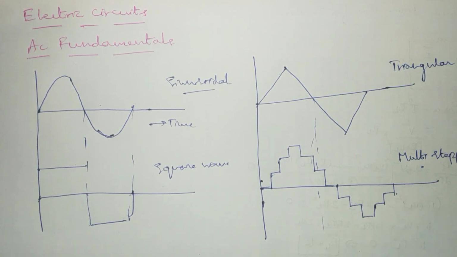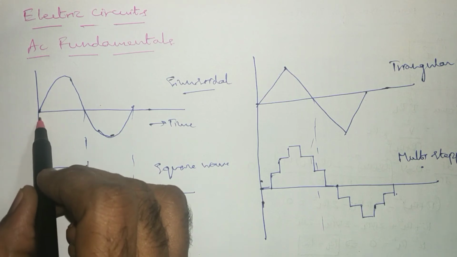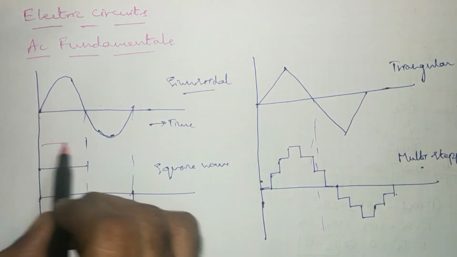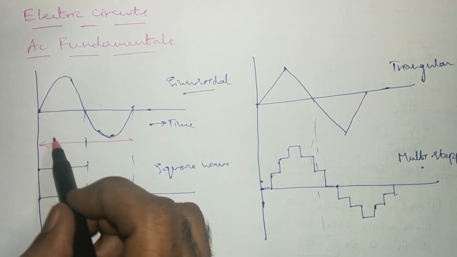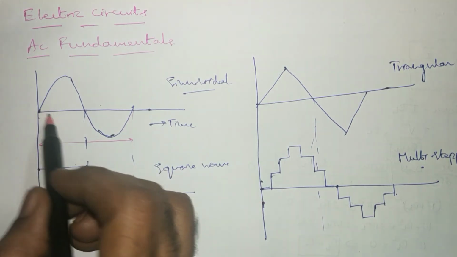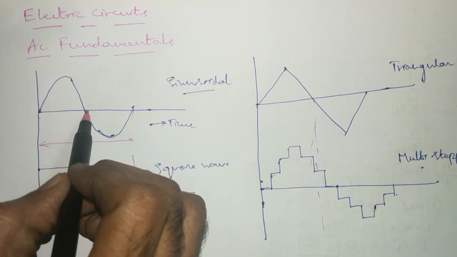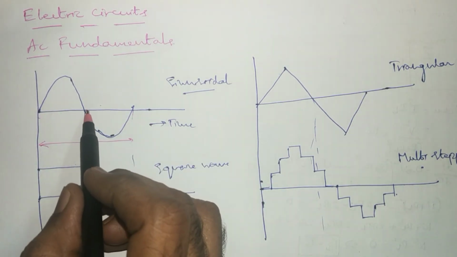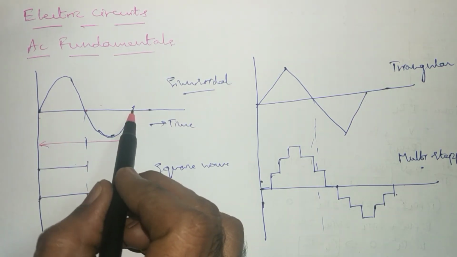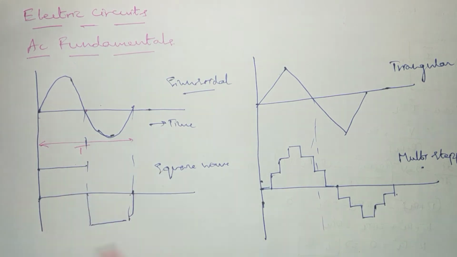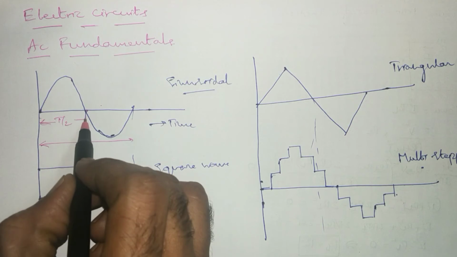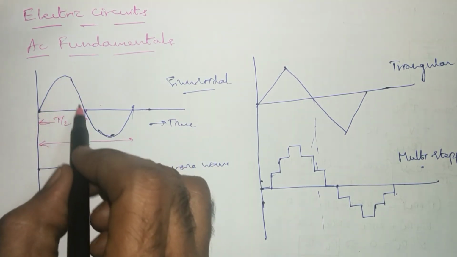In all these waveforms, we can observe from the instant of origin. Say if you consider this as the complete cycle, cycle means one set of positive values and one set of negative values. Here up to this point to this point, for half of the cycle, or you can say half of the time, consider this as the complete time for one cycle, represented by that letter T. For half of the time, this is T by 2, we are going to have the positive values.